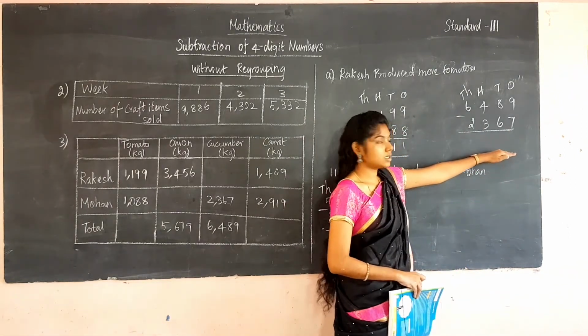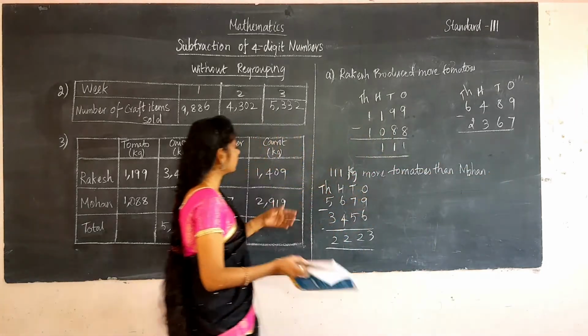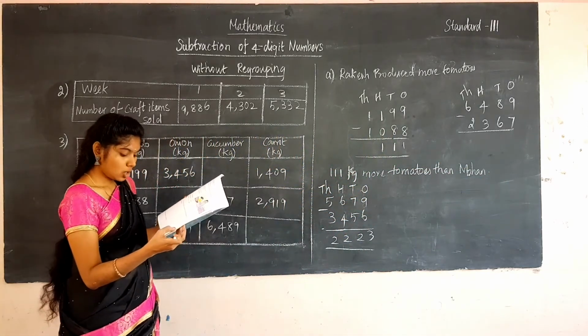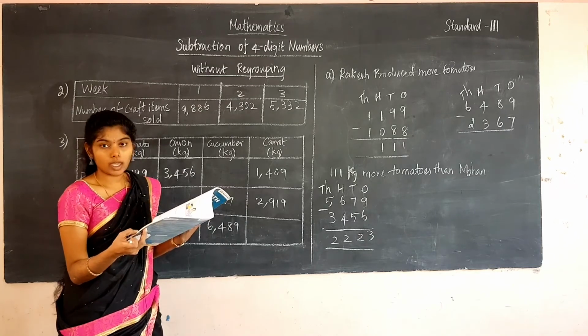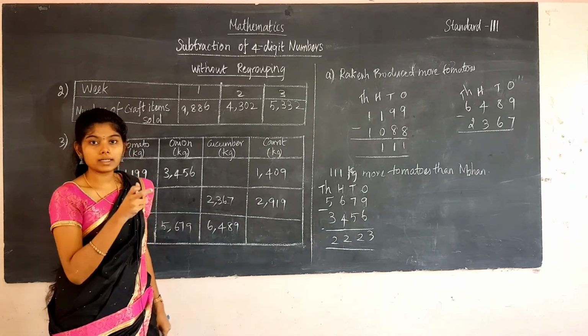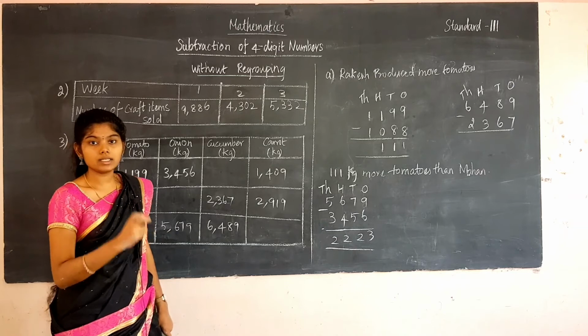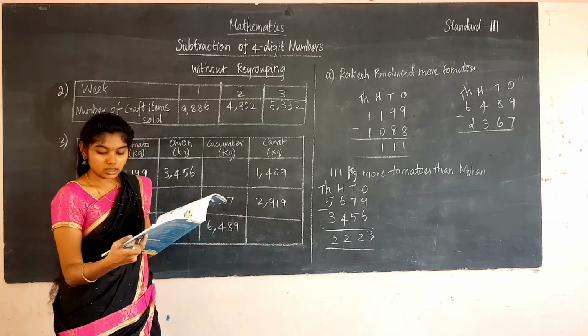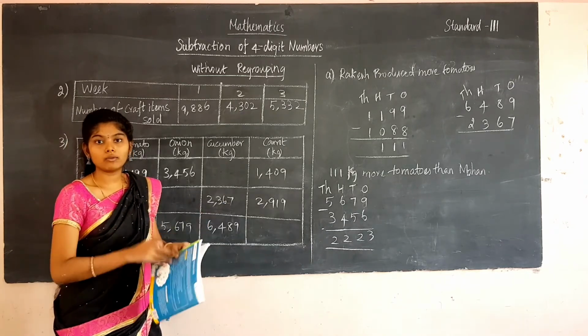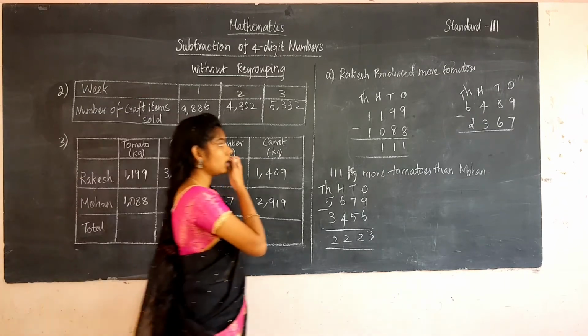After subtracting, you will get one answer. That answer you have to check with the question they have asked, right? That is 4122 kg of cucumber. If we got that answer, then we have to give the answer as yes, it is true. So is the statement true or false, they have asked. So you have to say true or false.